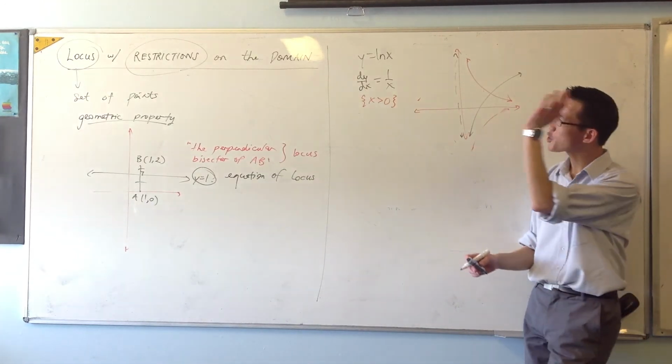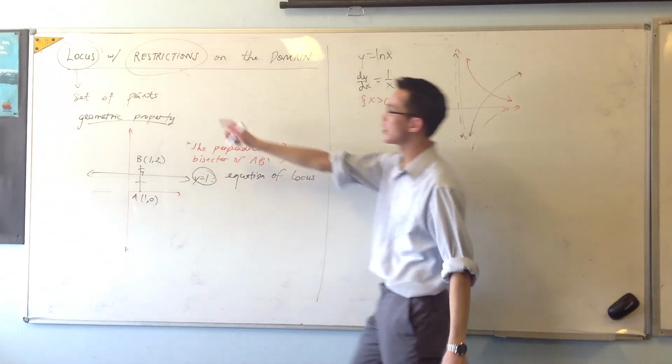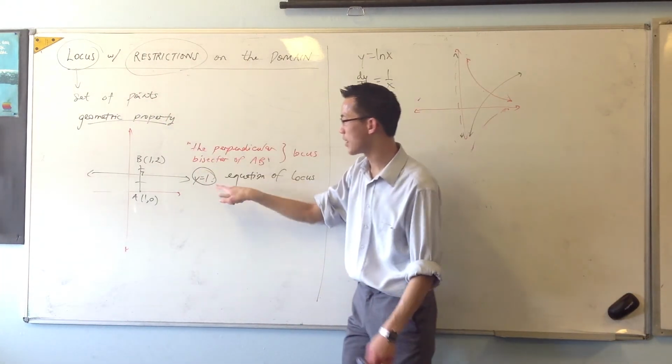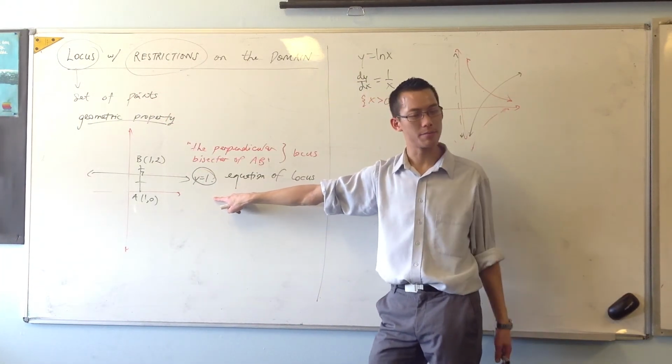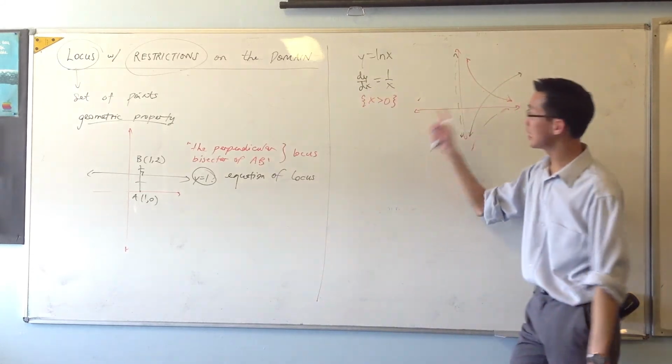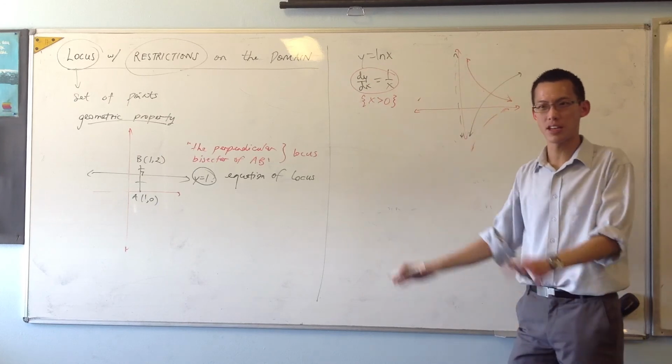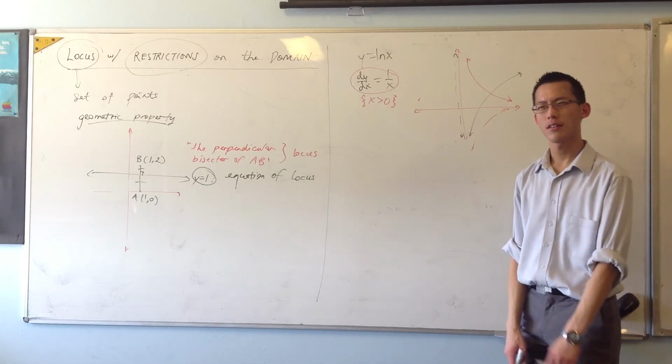Okay, so that's why when we're doing locus, you're going to do all your work and you're going to come up with some equation. Sometimes it's fine. But other times, like here, you're going to have to say, well, sometimes it's this equation and other times that doesn't make any sense, okay? So